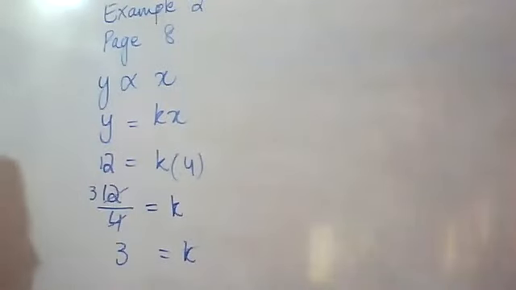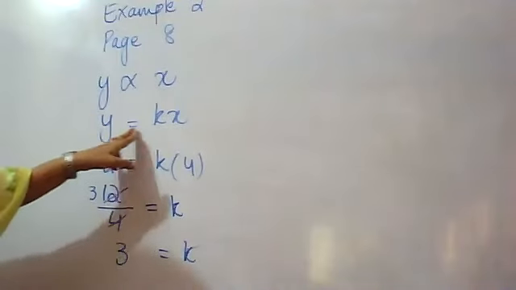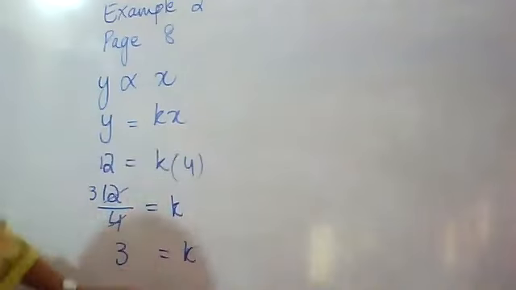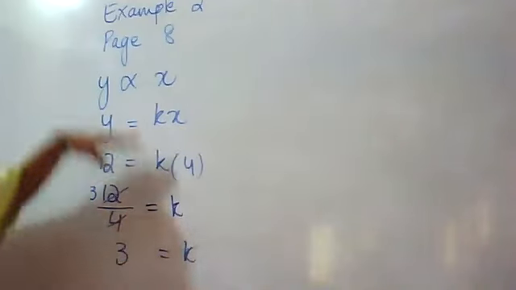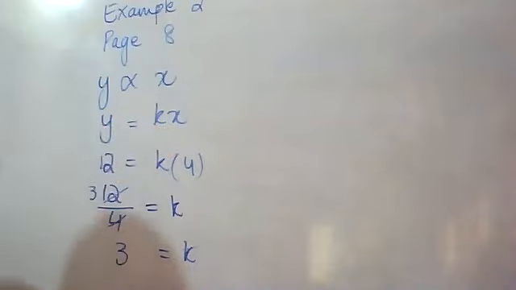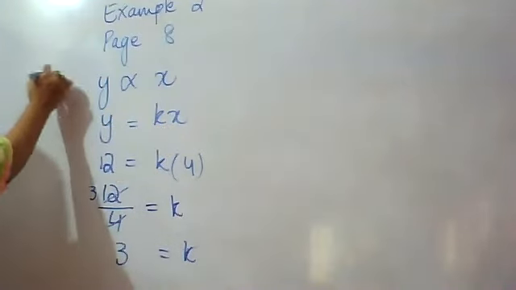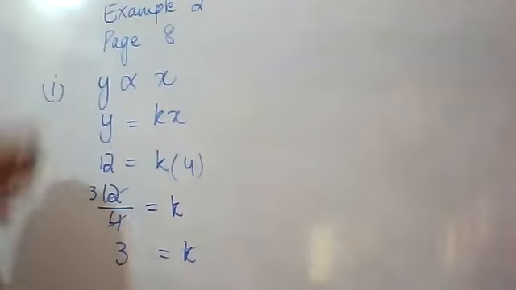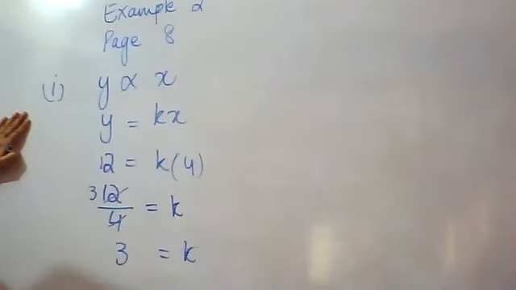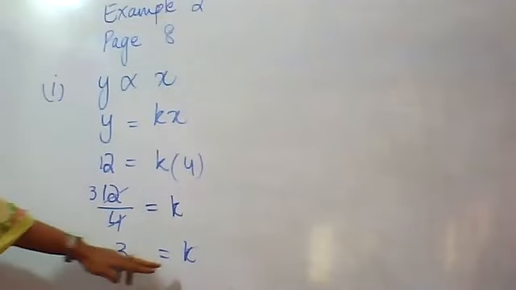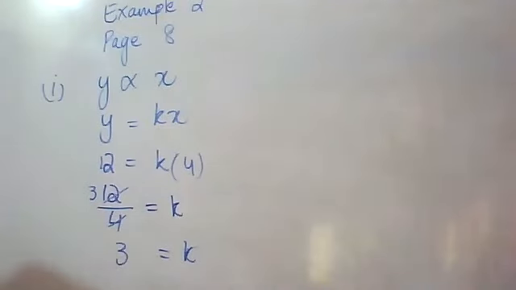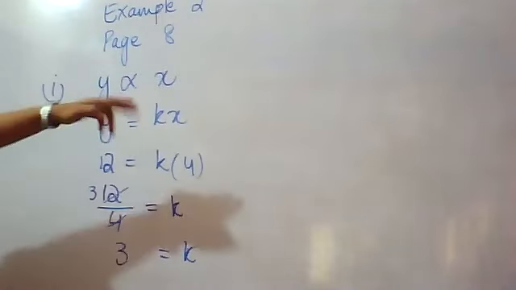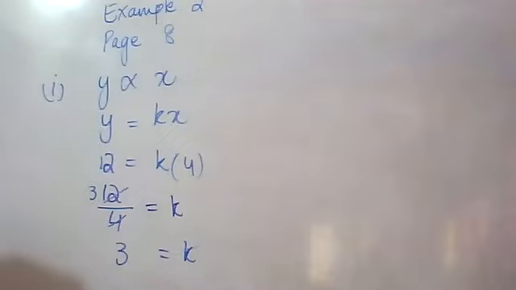Perfect, 3. Now class, my equation was y is equal to kx. When I got the value of k and I put it in my equation, what is the equation? This is part 1 of the example. Write an equation connecting x and y. Write it down with the constant k. You have the value of k. Now put the value of k in this equation and write the equation. What would be my equation?